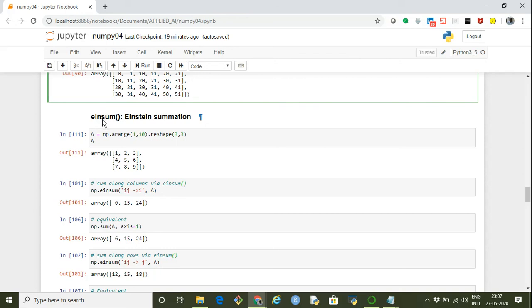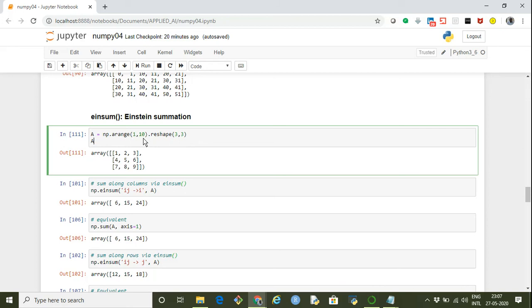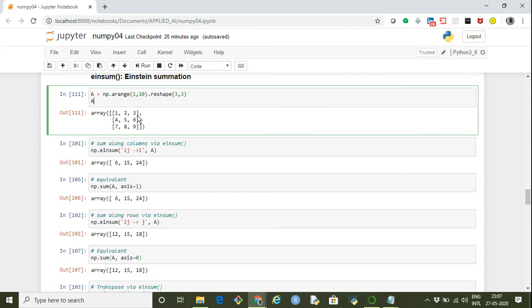But it is good to know about it, because when we are dealing with arrays of very large size, this works very fast compared to our normal NumPy functions. So to start with, let's say we have an array A, with 9 elements, of shape 3 comma 3. Now if we want to find the sum along the columns, that is 3 plus 2 plus 1, that is 6, 6 plus 5 plus 4, 15, 9 plus 8 plus 7, 24.